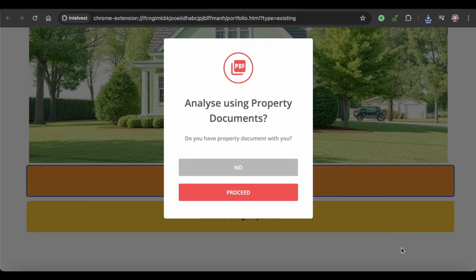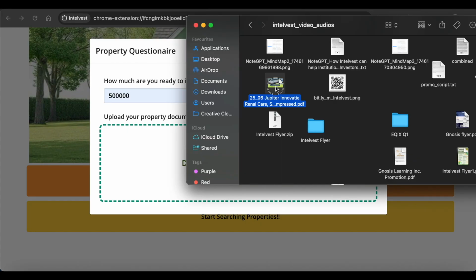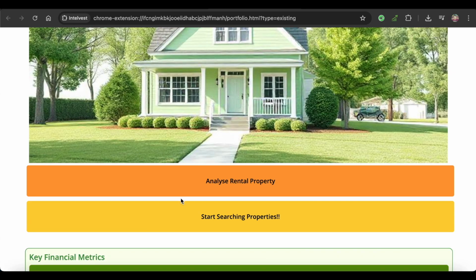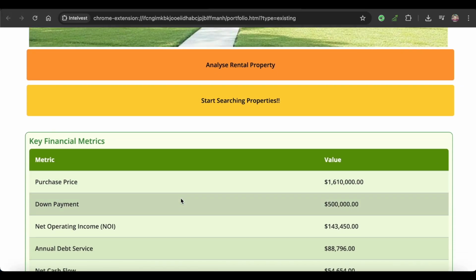Let's consider the first scenario where the investor already has the rental property document. It is a commercial property document. In this case, I will simply enter the amount I intend to invest, then select and upload the property document. Once uploaded, the document is automatically analyzed by our AI engine, and within a few minutes, the results are generated